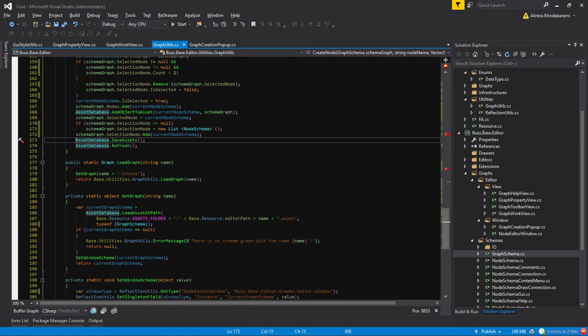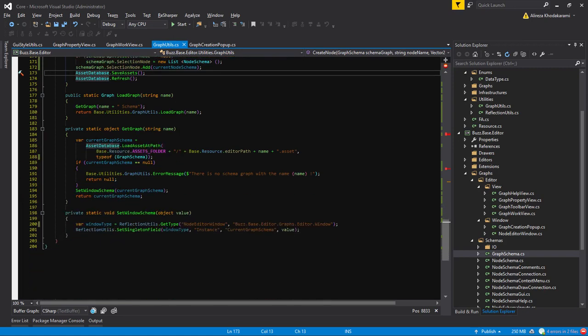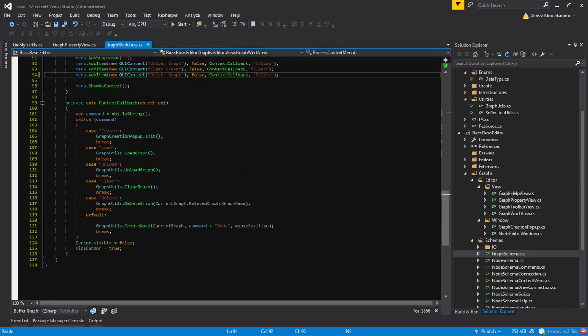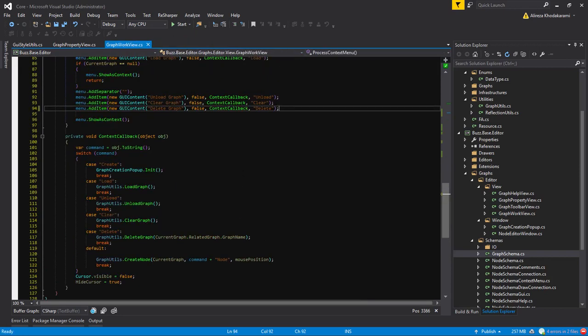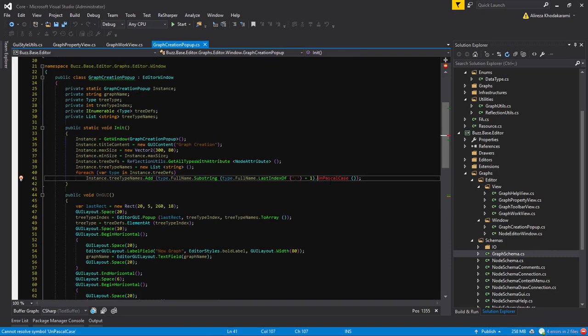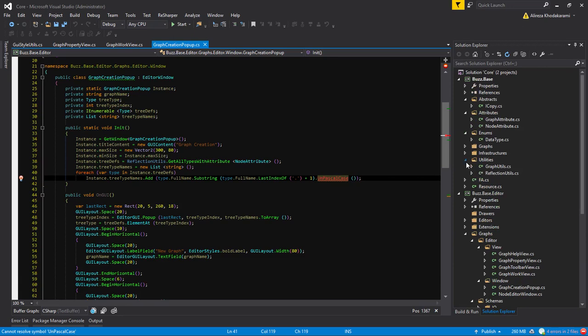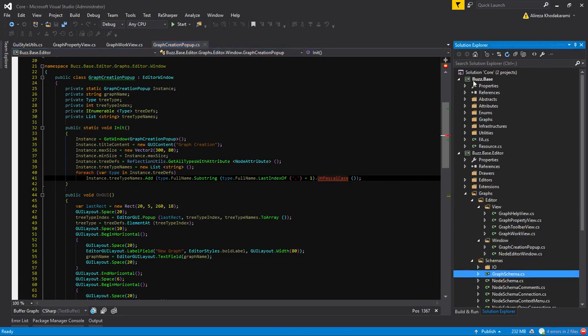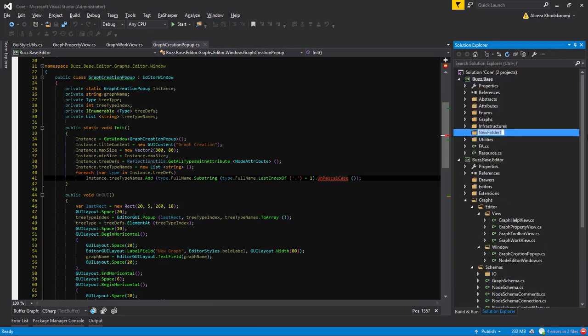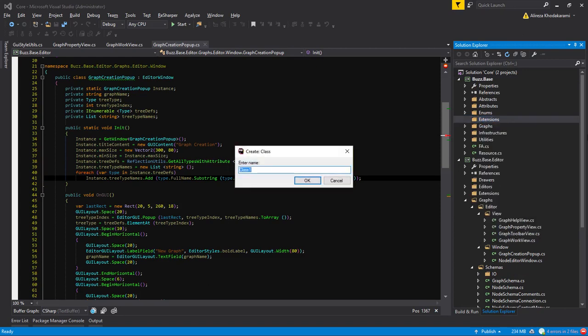Load graph is okay, and the rest is okay. So that's our graph utils, that's our creation pop-up, and basically the only things remaining is these two errors. One, the on Pascal case. So here under base, I will add a namespace for extensions, and here I will add a class for string extensions,